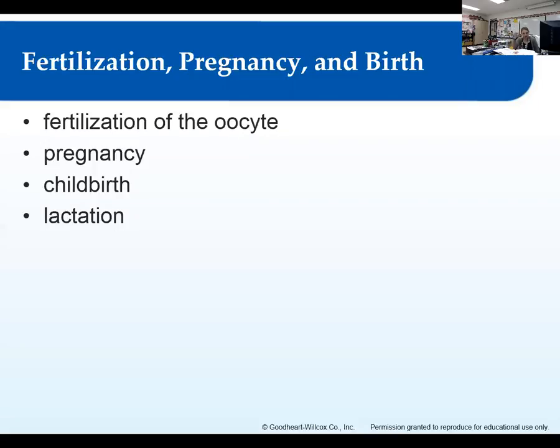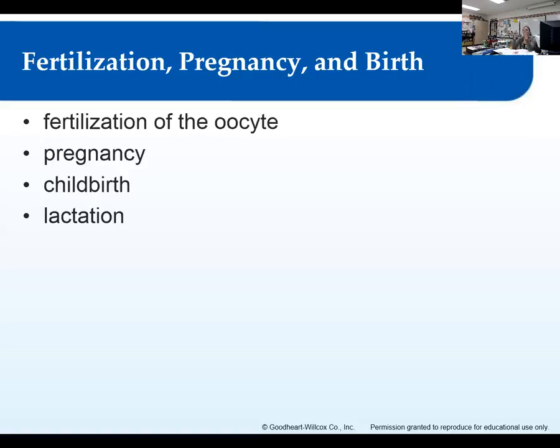Something else to note, it said an ovulated oocyte. So that means an oocyte that has been, ovulation has occurred, an oocyte has left the ovary, right, can live for about 24 hours. A sperm cell can live for up to 5 days in the female reproductive tract. So what this means, and this is important for you guys to know,